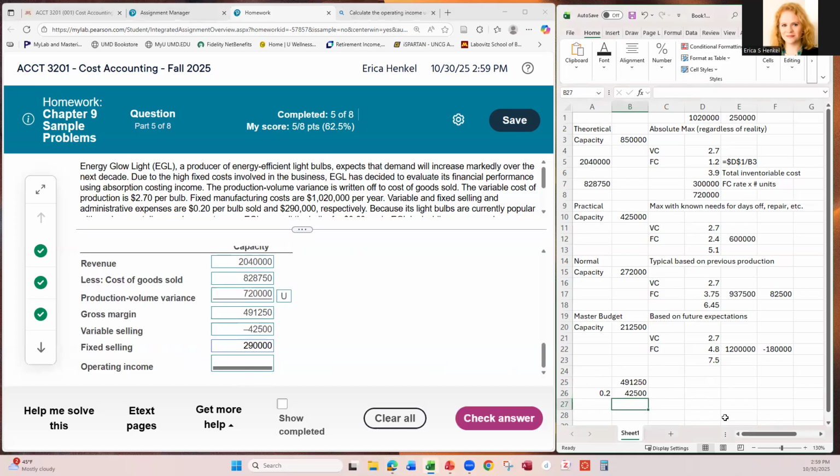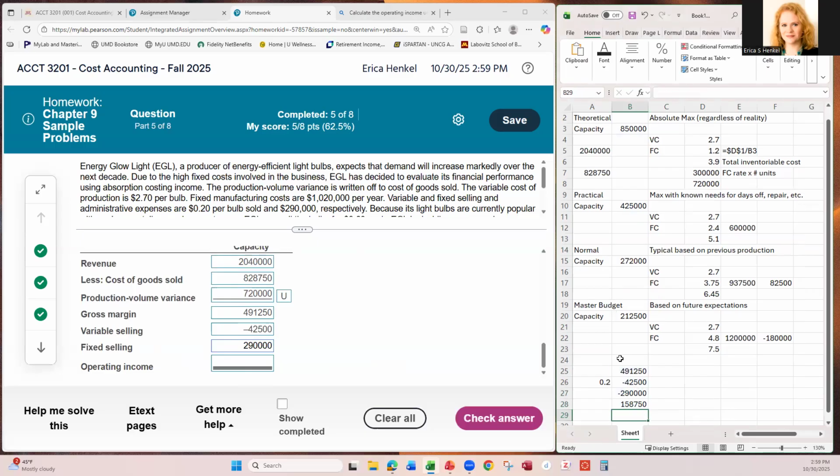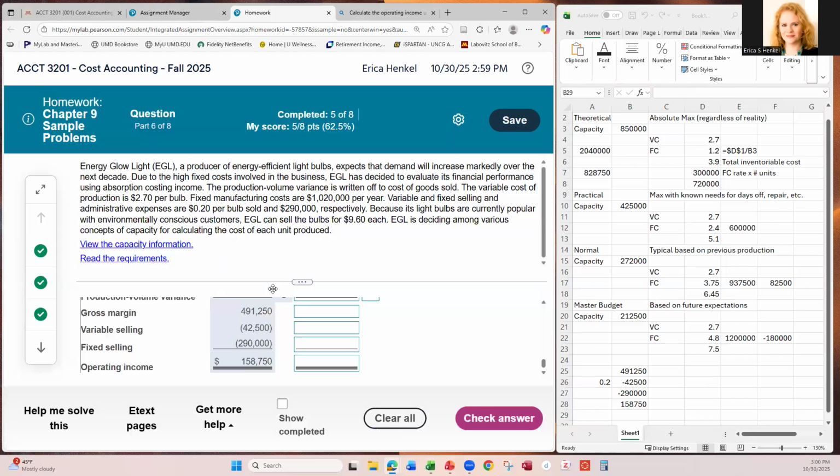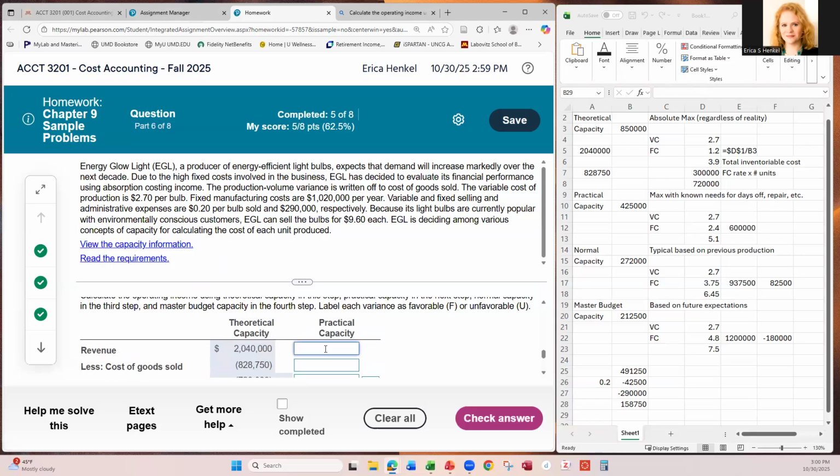So then we're going to take these and sum them up. And that gets us to 158,750. All right, so same drill here. Sales are going to be exactly the same for all of these, but our cost of goods sold then are going to be